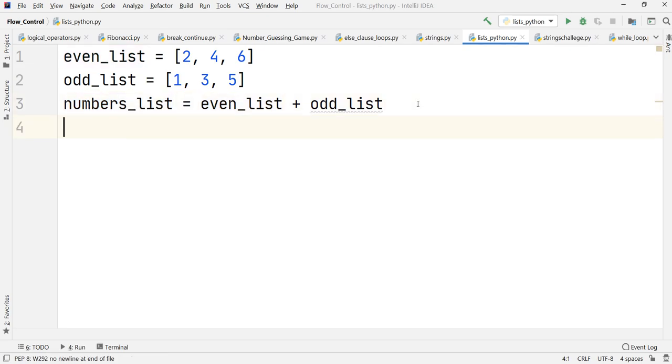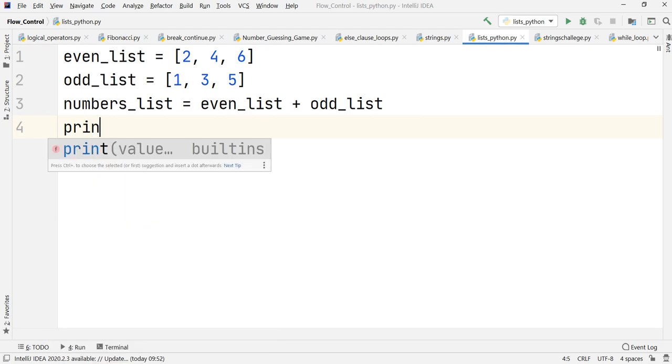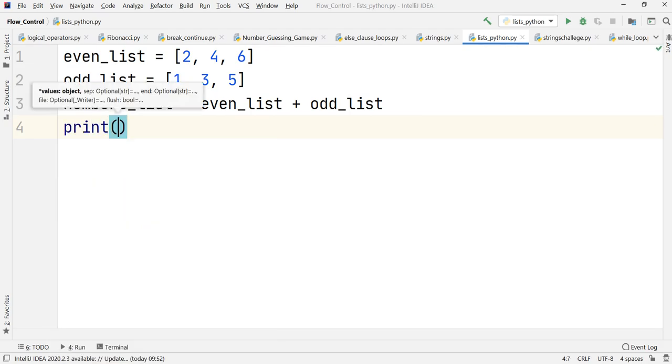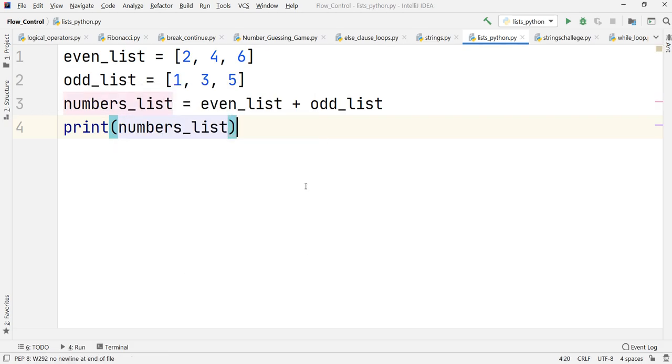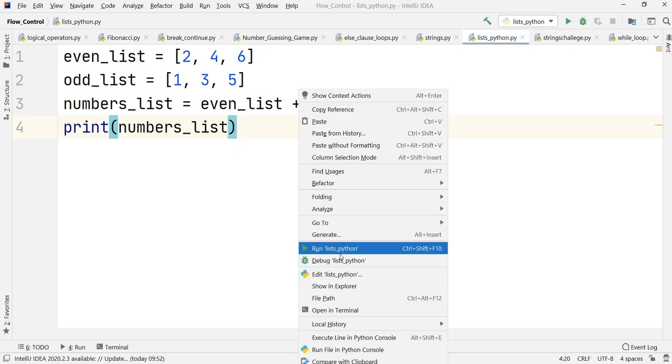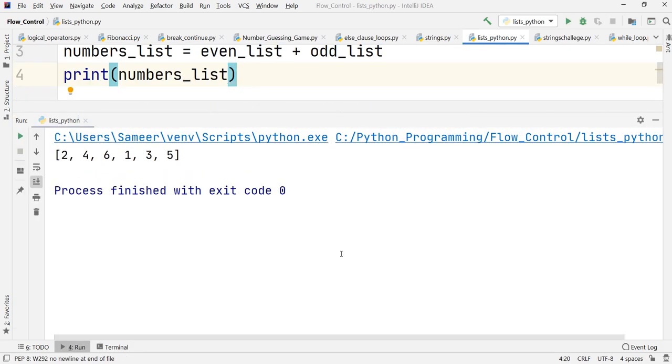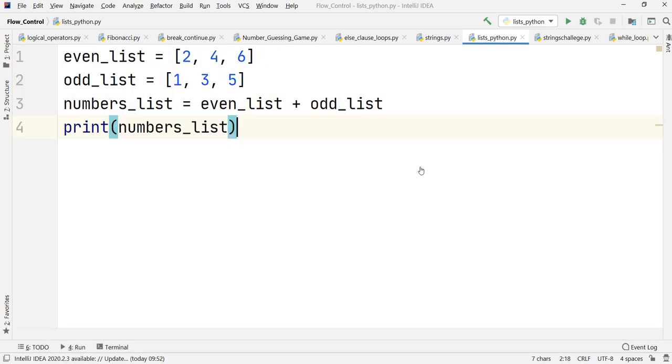Let's print out the final list we have created, numbers list, and see whether the concatenation was successful. As you can observe, the concatenation is successful. First it is 2, 4, 6, and after that 1, 3, 5 values are concatenated into the list. These were some of the many operations that we can perform on a list.